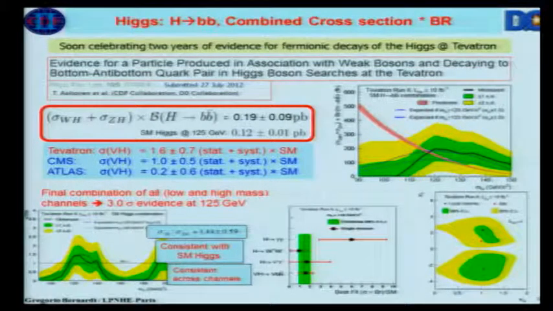Besides, I will just remind that we had a final combination of all these channels. The measured mu is consistent with the standard model. The mu for each process is also consistent. We did some extraction of the couplings, which of course do not have the same precision as the LHC, but this has been completed. What is new and what is going on is the